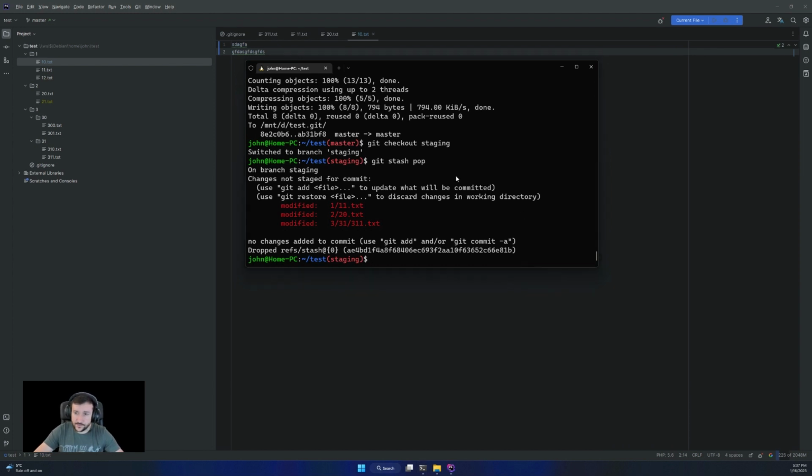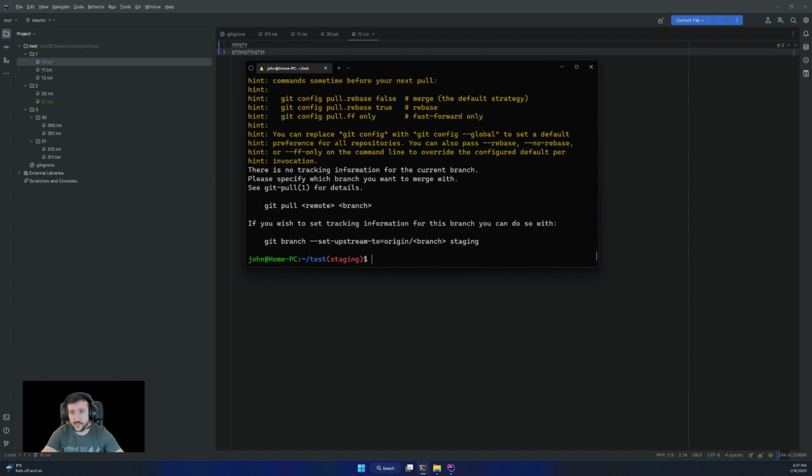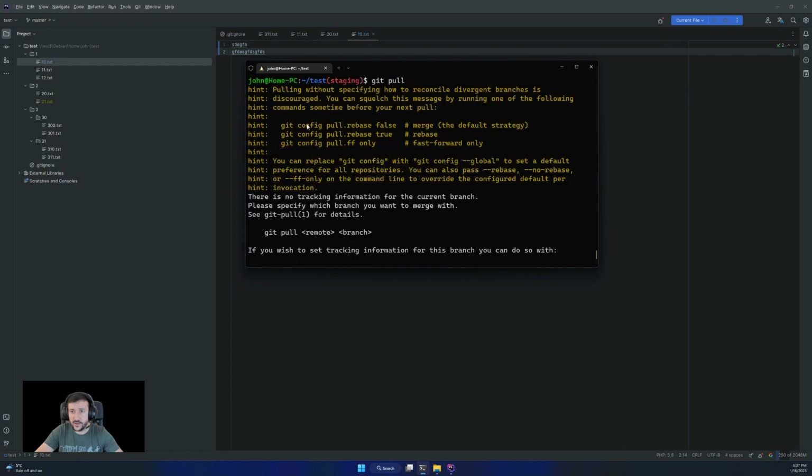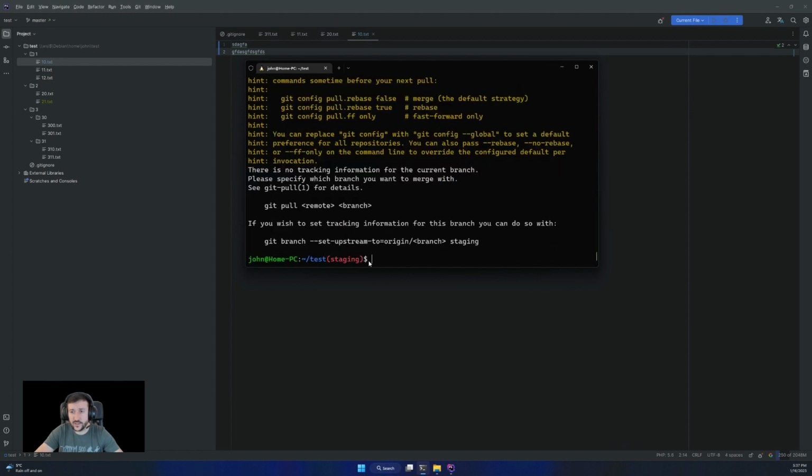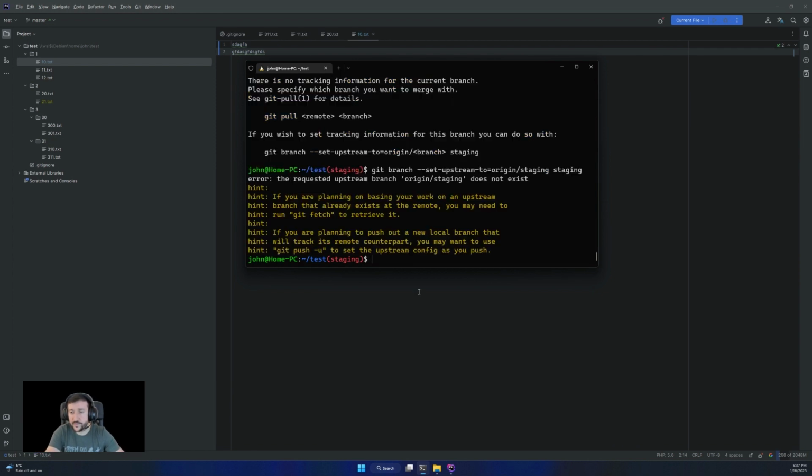Okay, so if I do a git pull right now, it will show me this message that it showed me last time, and obviously the staging branch is not yet on remote. So let me put this on the remote as well. Let's name it staging in the remote as well.